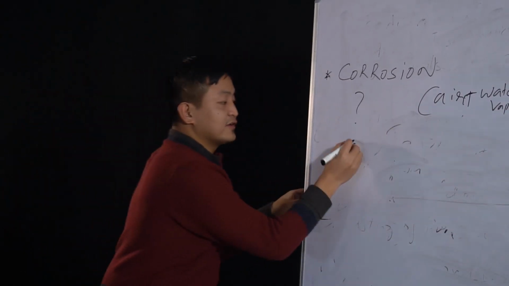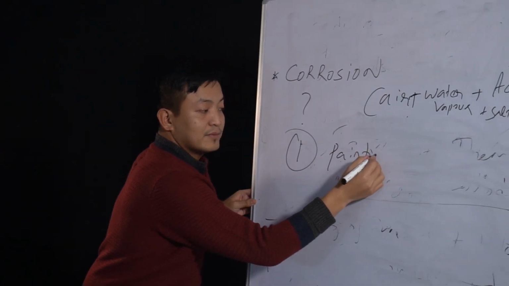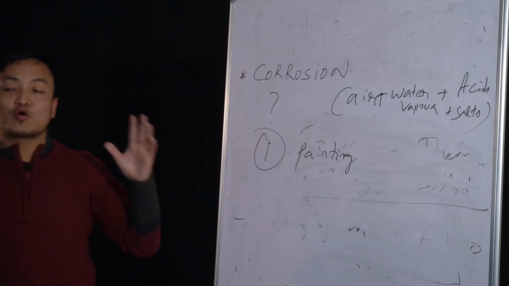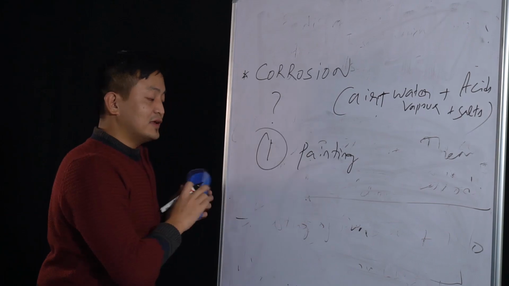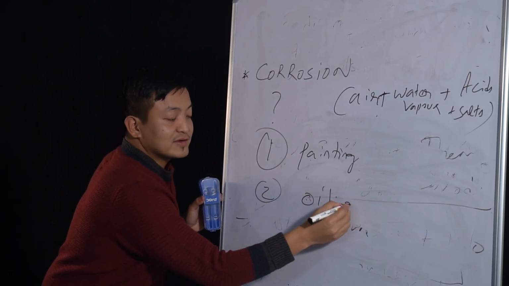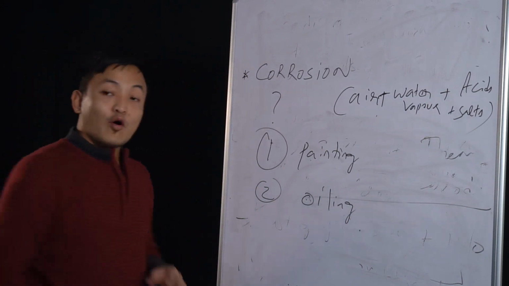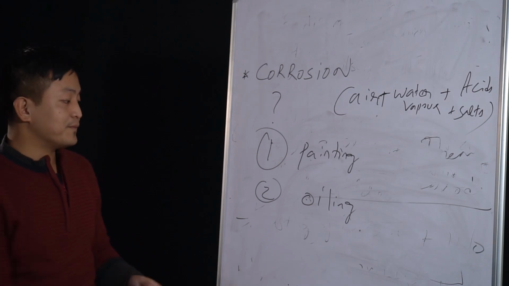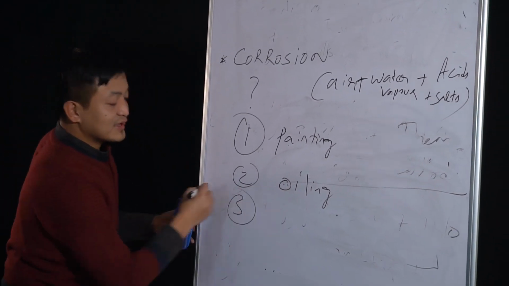Like the first one would be painting. Painting, that's the common one, that's why I'm giving it. The second one is oiling. Oiling can also prevent any metal from getting oxidized. Clear? Now, the third one, we can say it is